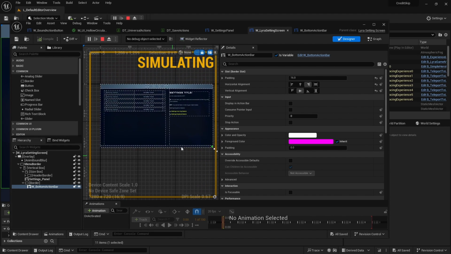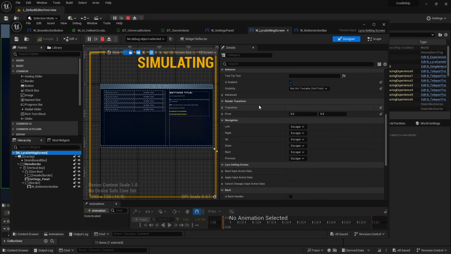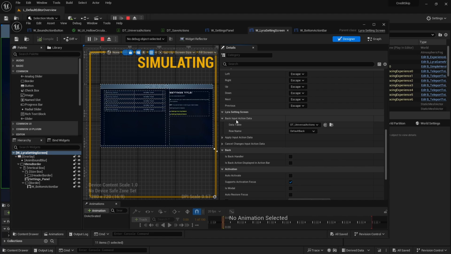And the way to automatically add the back action to it is essentially to make sure that your widget itself has the display widgets action in the action bar, assuming it has action. And then it handles the back input. It has the back input data, which is from the universal actions, and you get your default back, which is the back key or the escape key on the keyboard.